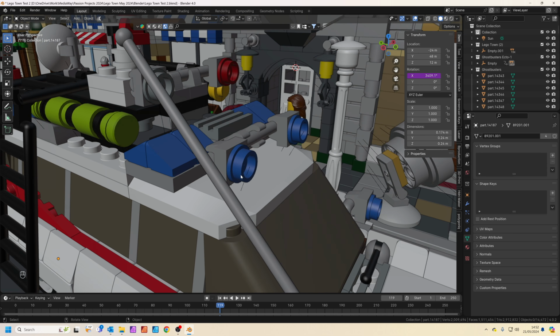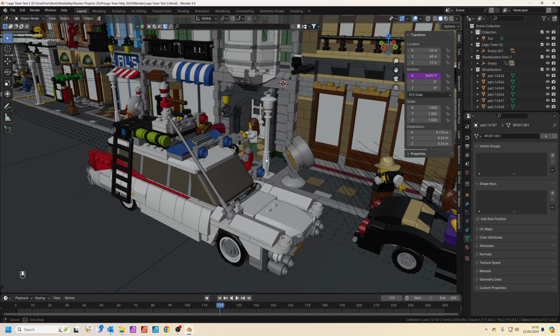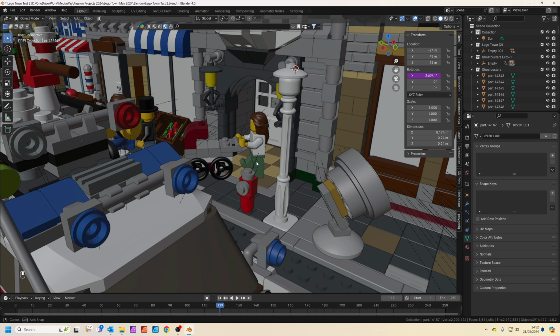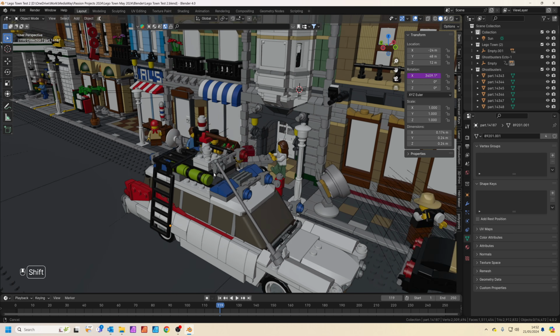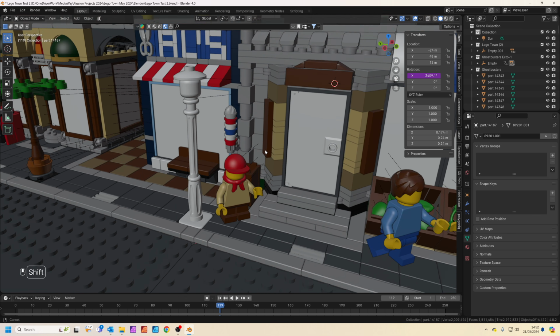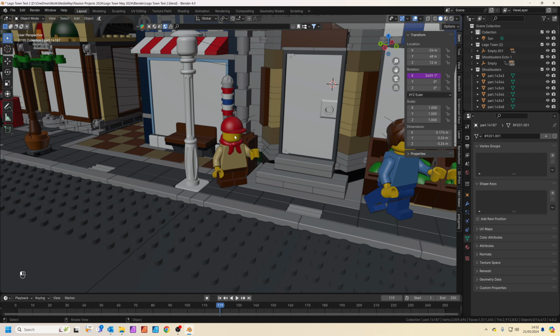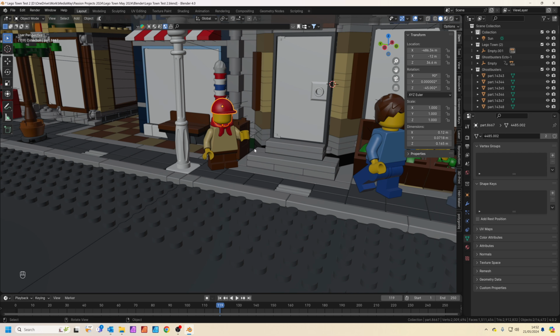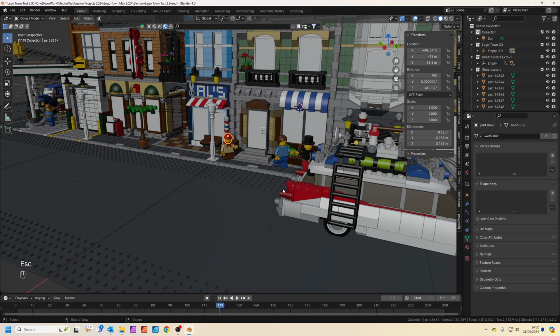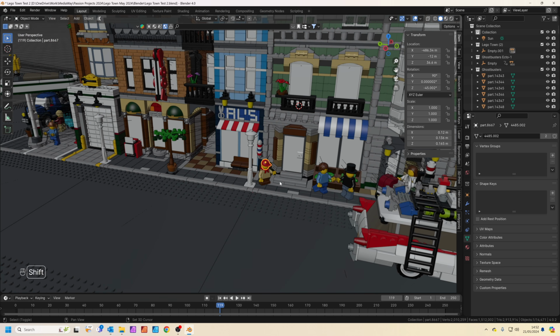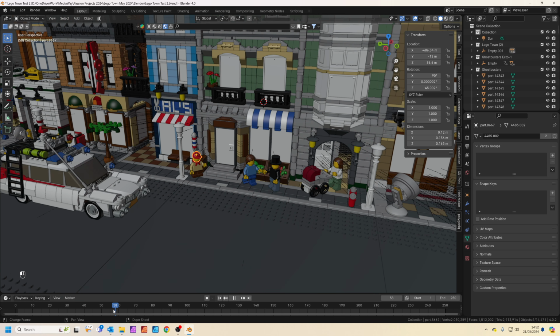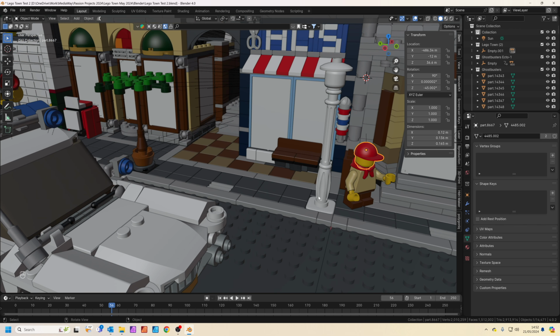What we could also do, just for fun, we could have these little Lego heads turning to look at the car as it goes by. So I'll show you how to do that. So let's pick this guy here for a start. I think he's a little scout. So what I'm going to do, I'm going to select his head, hold down Shift, select his hat too. Press Ctrl and J to join. And if you, let's just try and rotate this. Let's have a look. So what we could do, you could either animate it by hand and keyframe the rotation,